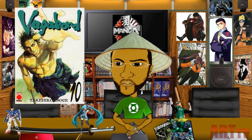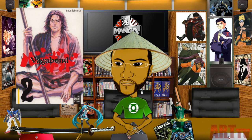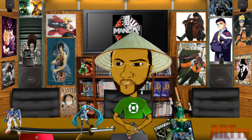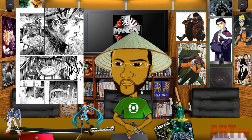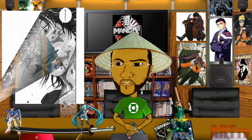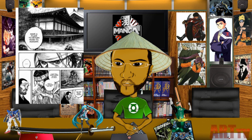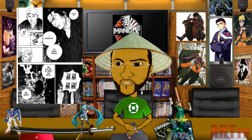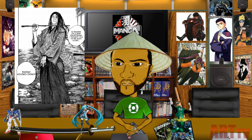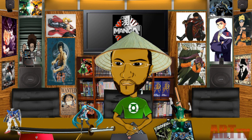I believe the volumes are $12.99 each. I know that's a lot, but you're getting a lot with this manga series. It is for mature readers, so I would suggest this for mature readers definitely, because there's a lot of violence, of course, with all samurai type series. And realistic violence too, like the blood looks almost real in here. There's sex, there's mention of drugs and things like that, and there's some just out of control things that happen in this manga,